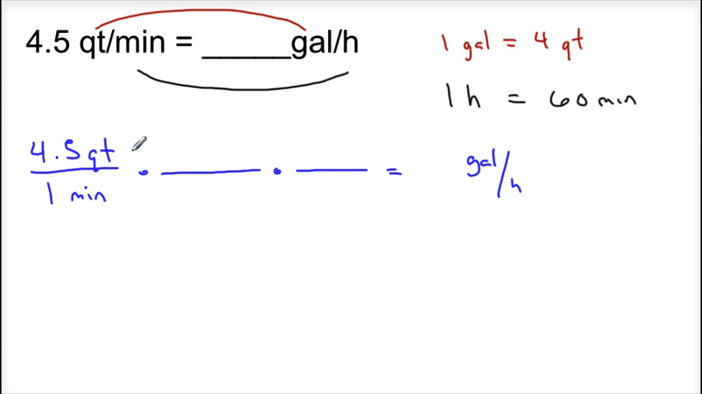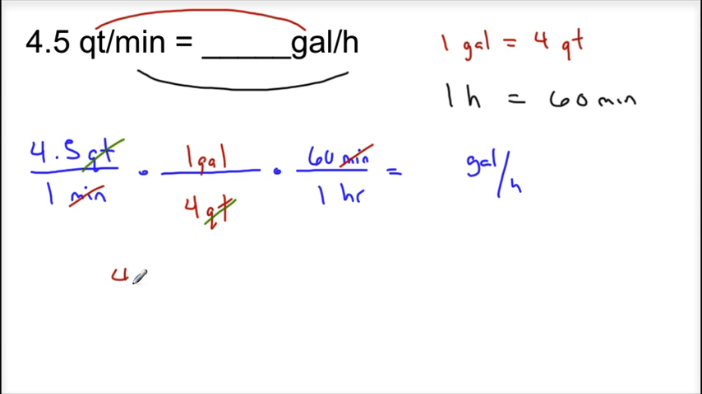All right, my first fraction, gallons and quarts. What's in my numerator? What's in my denominator? 1 gallon equals 4 quarts. The 1 gallon is on top, 1 gallon in my numerator, 4 quarts in my denominator. That simplifies my quarts. Second conversion, 1 hour, 60 minutes. 60 minutes over 1 hour. That simplifies my minutes,